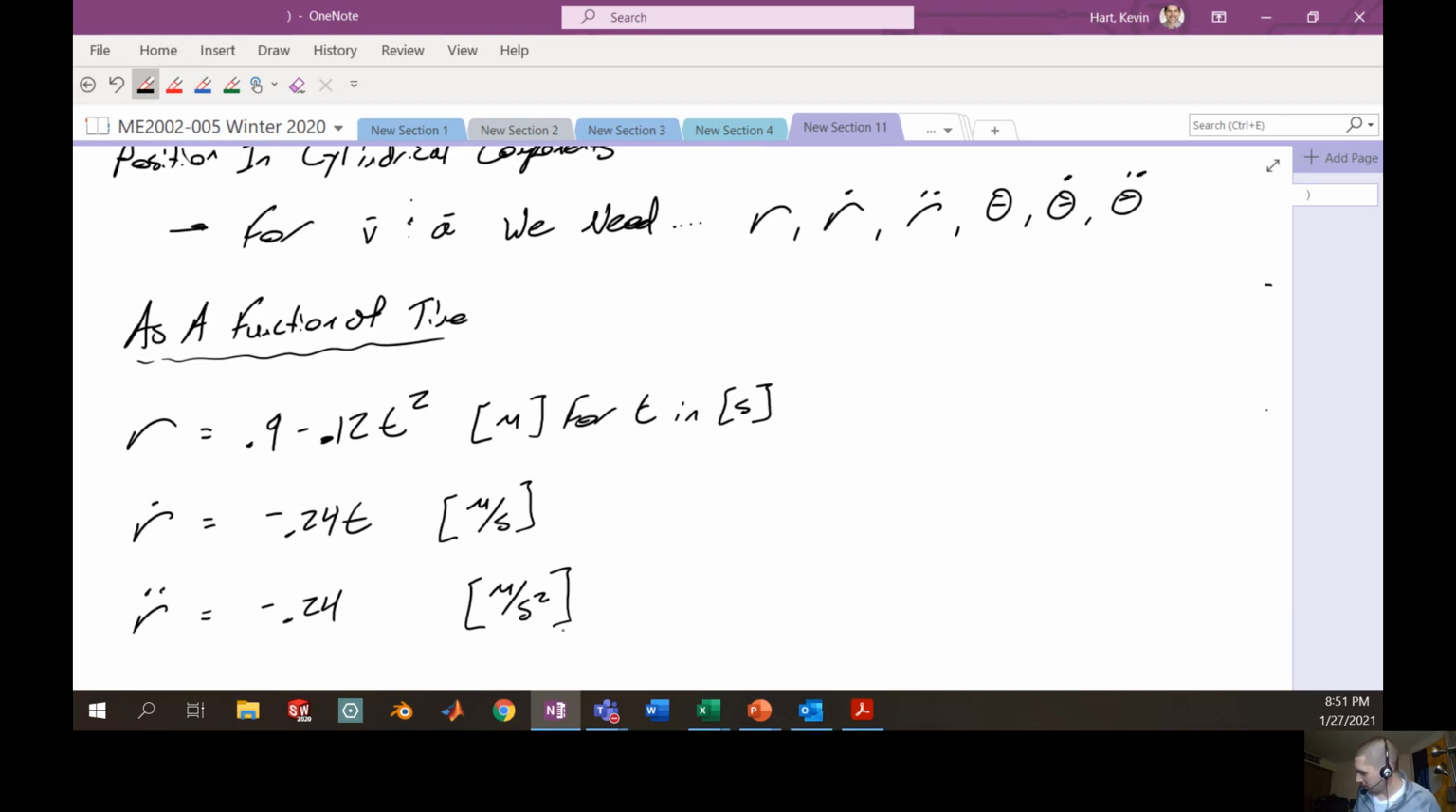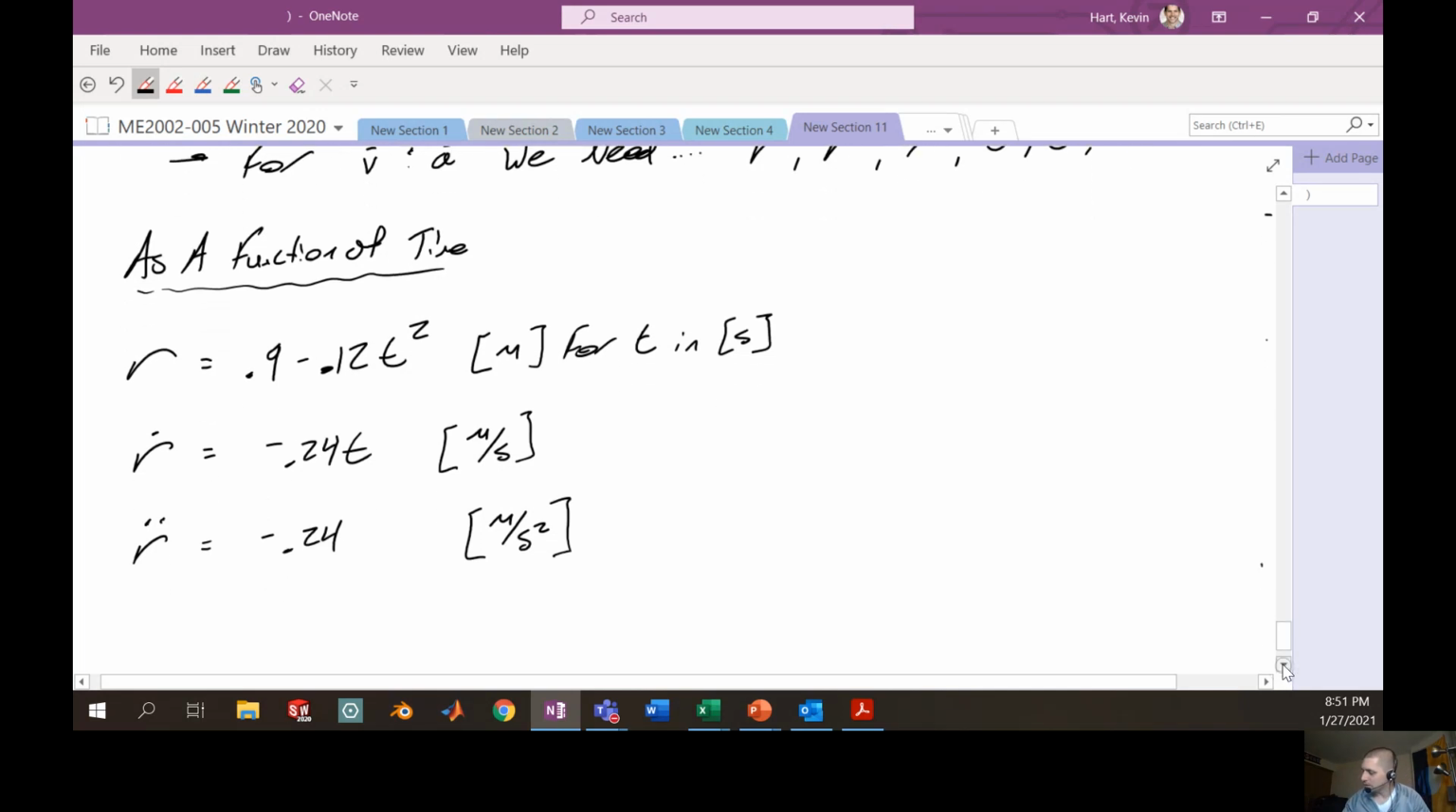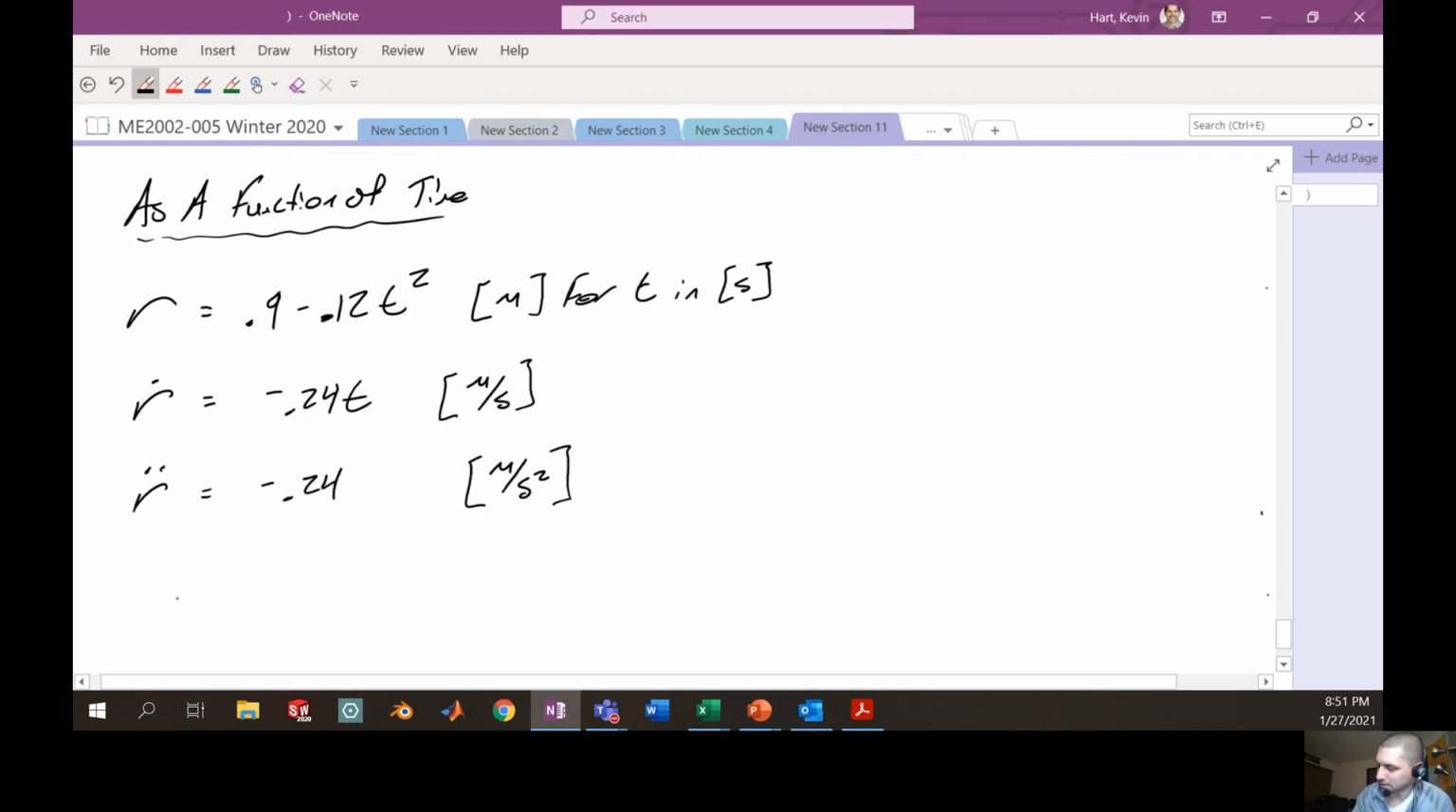Now, another thing that we have is a function that describes what the angle theta is as a function of time. And in this particular example, we're going to need some times to plug in to determine exactly what my values of r dot and r double dot are. And in this particular problem, we're interested in